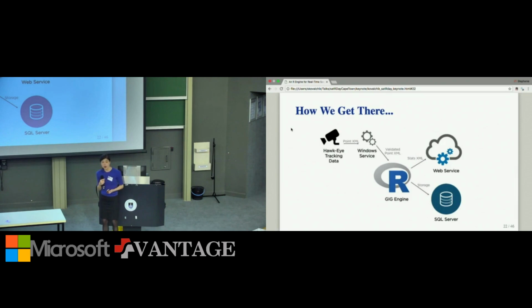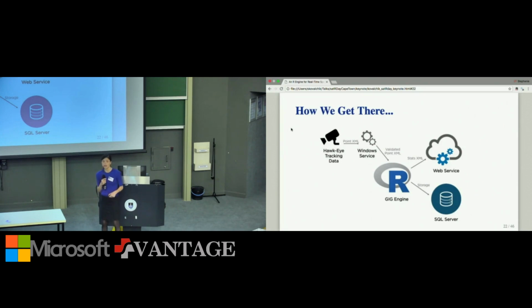Once we've done all of the processing, we then have 2 types of output. So one is an XML file, and this is intended for any of the broadcast-based outputs that are going to ensure that they are looking at the results from the most recent point, and also will get the speediest access to that information. So that goes out and is then available to broadcast or other downstream users of that information.